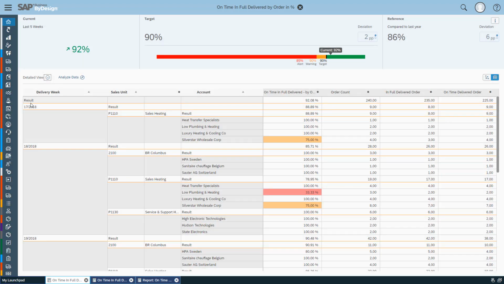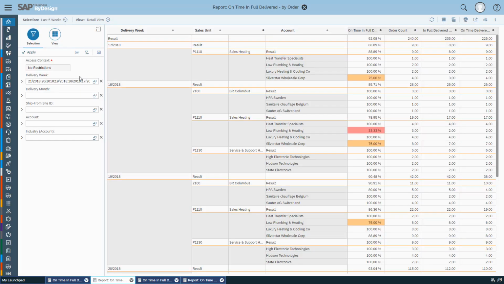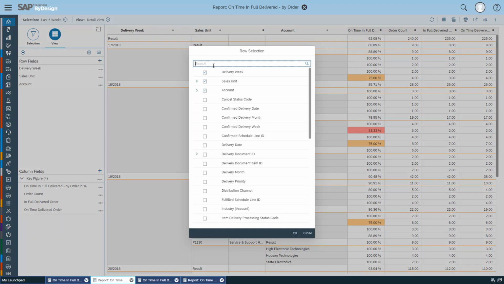And the combination of both aspects provides a great starting point to analyze delivery problems, bottlenecks, or delays. So you have the ability to create a KPI for monitoring, but you also can use and drill down into multidimensional reporting, which allows you to see the delivery performance on each aggregation level, by sales unit, by account, and furthermore, of course, you can drill down to the related order details